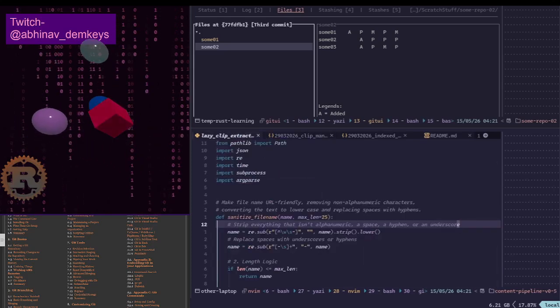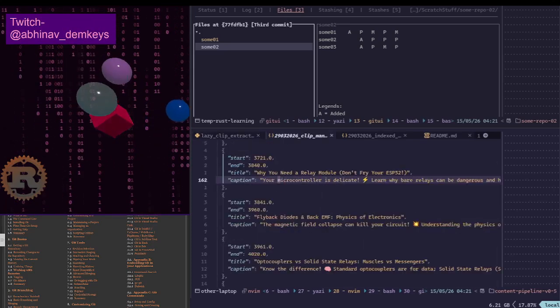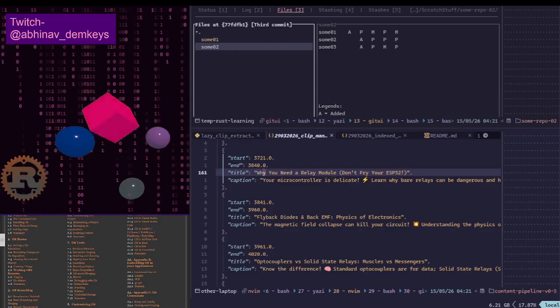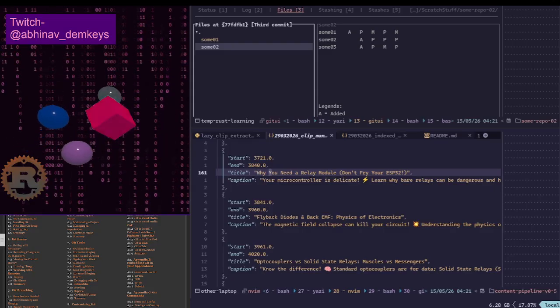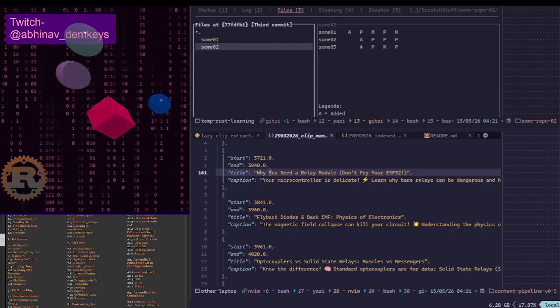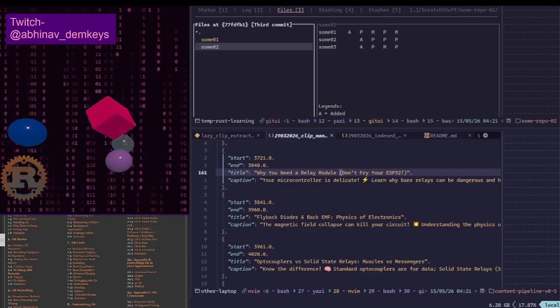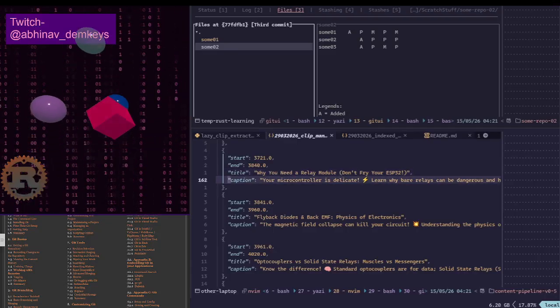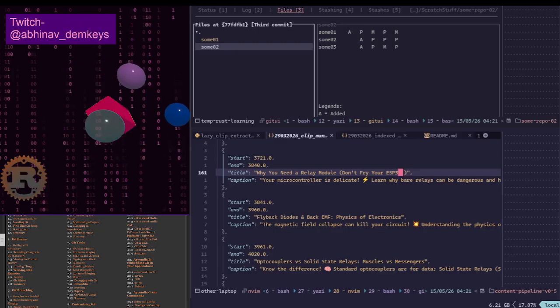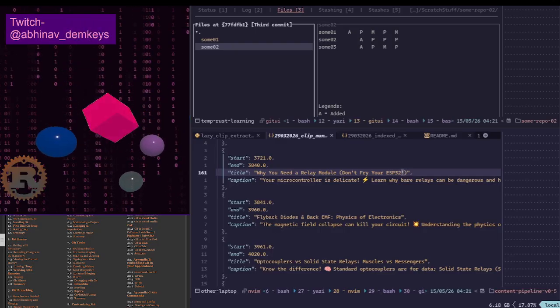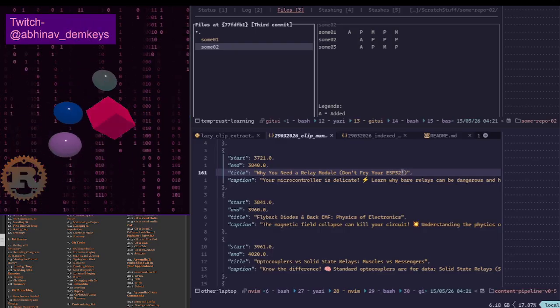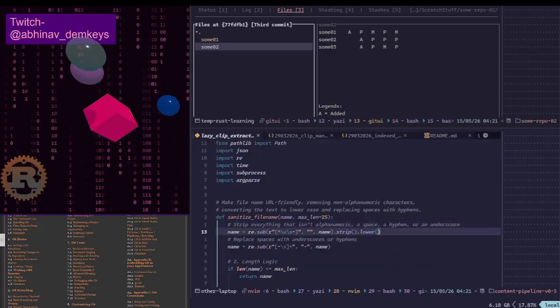So if we are looking at this title, for example, basically why you need a relay module. I don't know about the parentheses, the brackets, and this exclamation mark, because I'm using very simple regex to strip away